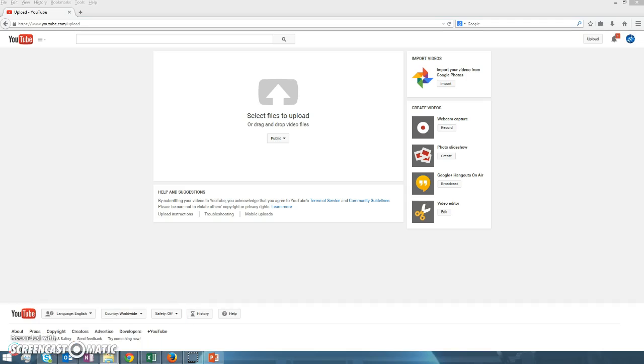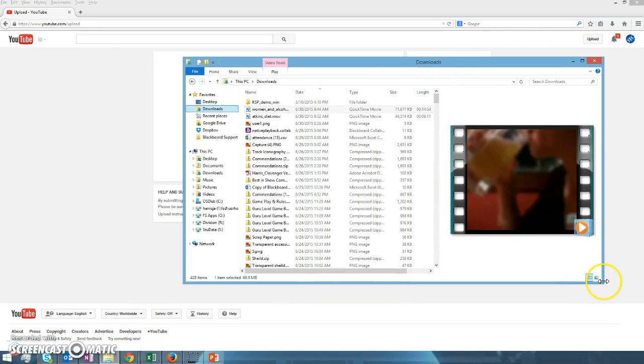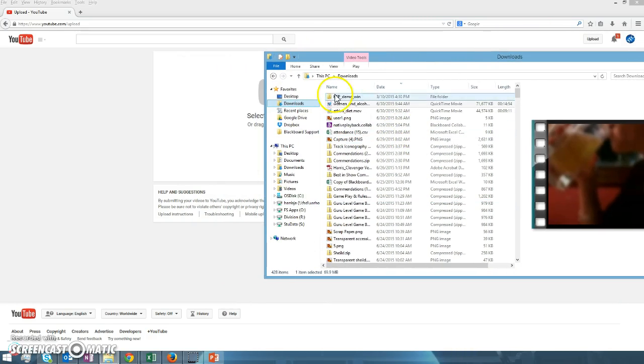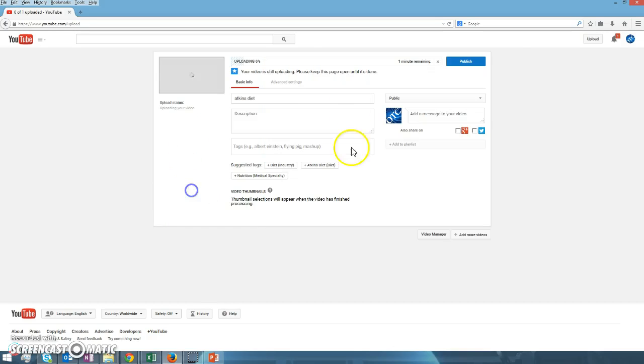To do that, you'll pull up a file browser window. That's just a My Computer type window. Navigate to wherever your videos are. In this case, I'm just going to borrow this video that I uploaded for somebody else's course earlier today. Just grab it, drop it in there, and again you have the same settings we saw before,